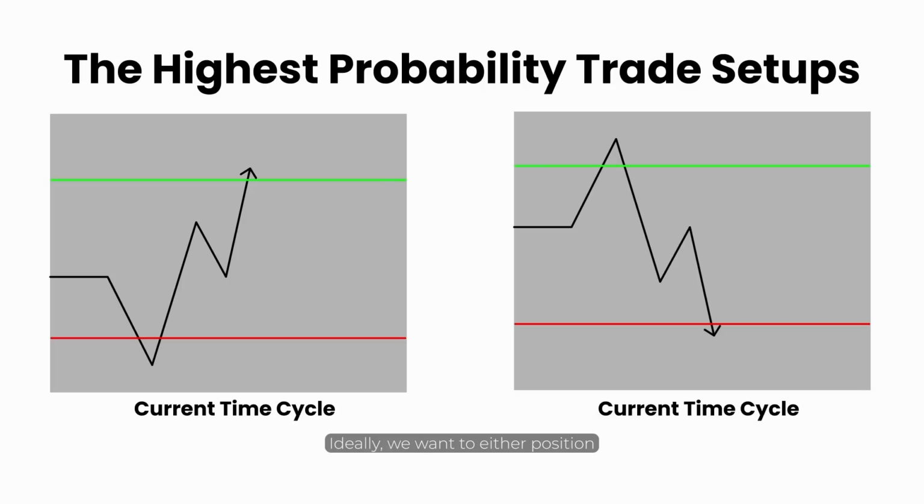Ideally, we want to either position ourselves above that previous cycle high if we're bearish, or in close proximity to it when we displace through that high. This is something I will discuss later on. What I need you guys to understand is that what I have literally drawn out in front of you occurs every single day, multiple times.